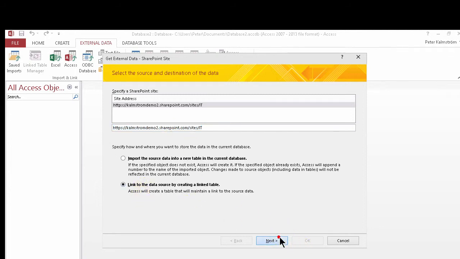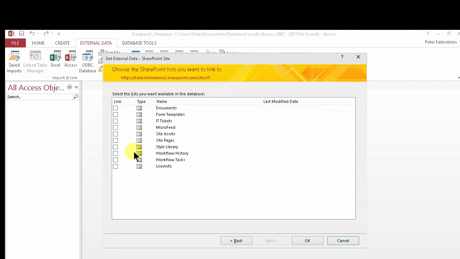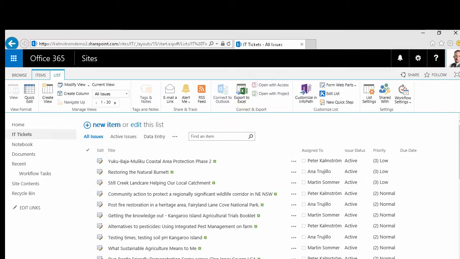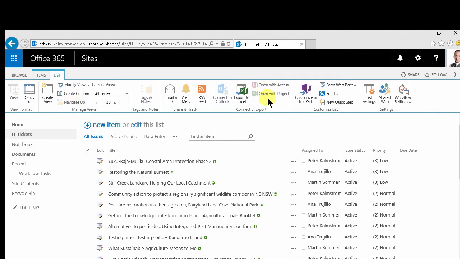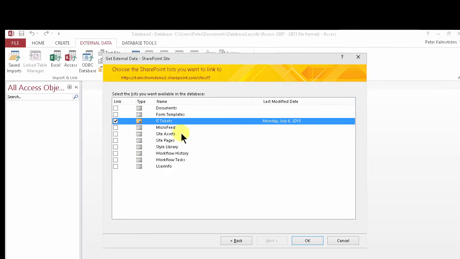There we go. You don't want the import. And then you can just connect to the list that you want to work with. Notice that you'll find document libraries here too. That button there, which doesn't work in my case here, is not available in a document library. So I connect to the ticket list,